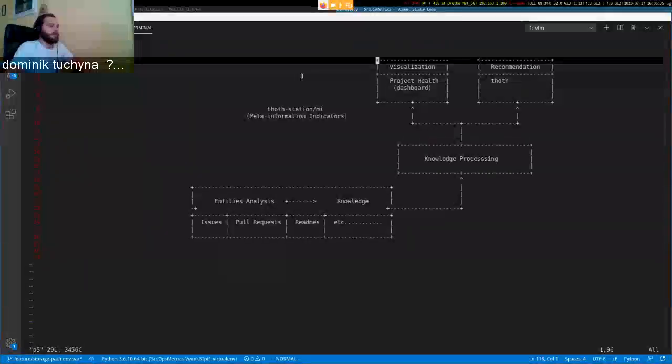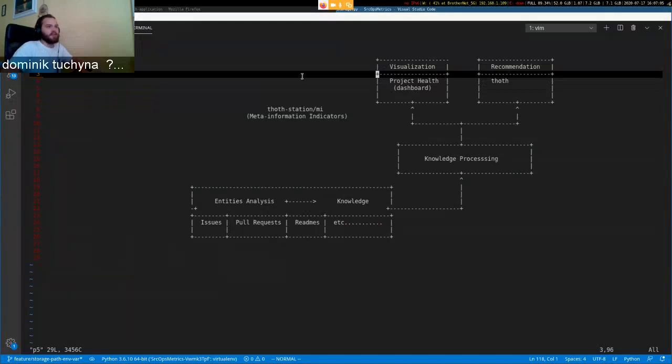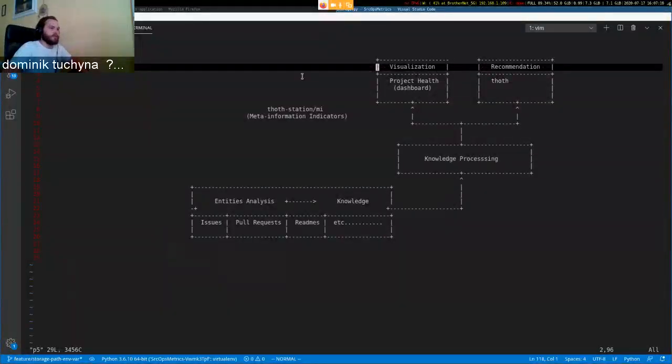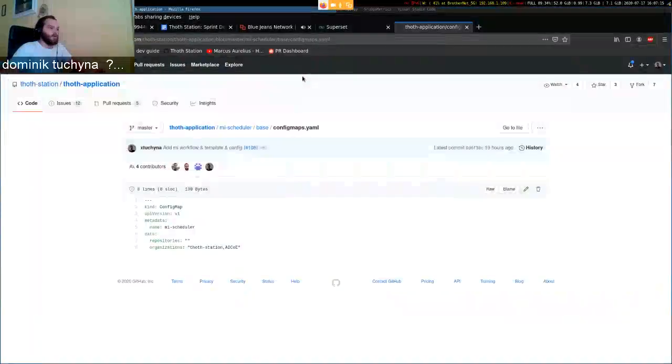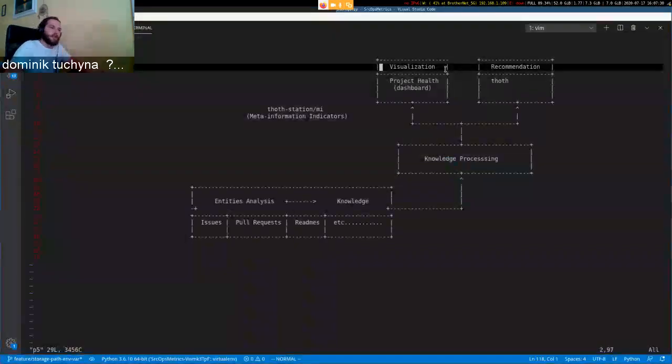Currently the processing is kind of outdated because its purpose was to process data for visualizations. But now we use superset dashboards, which currently don't need to have processed data because you process the data in the superset. So after you process the knowledge, the end use case is that you can make the visualizations, which was also demoed before on superset. This was in the demo before, but I have a feeling that superset does not respond currently, so never mind. And this is the one use case, and the other would be in future